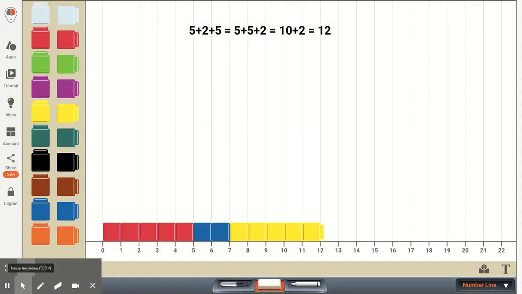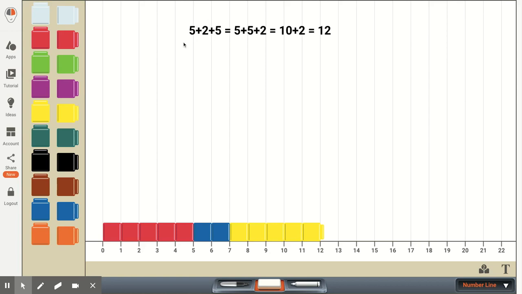The other property that your first graders learn about in this standard is the associative property of addition. And once again, they're not expected to be using this formal term. They just need to know that if they're adding three numbers, they can switch these numbers around and be adding them in any order. And this is one of the things that we did in the previous standard when we were adding three numbers. So just to reinforce this, I'm showing the example of 5 plus 2 plus 5.